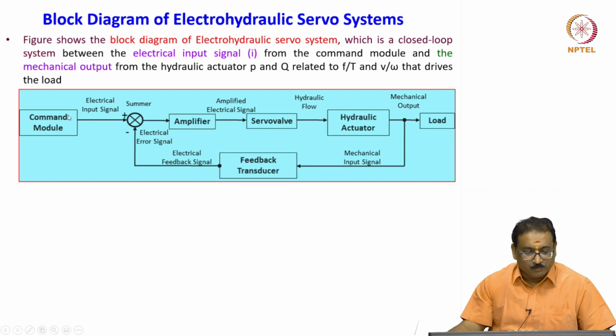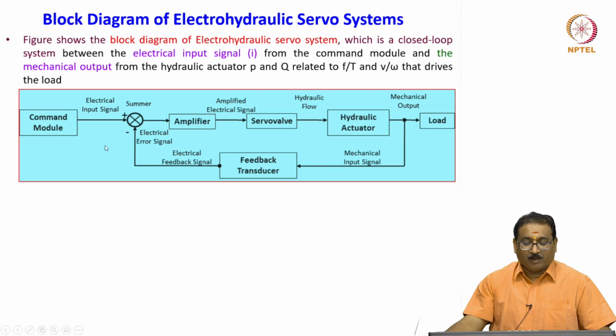Now, we will see here, friends, the command module is there, and the summer is there, which will generate the error signal from the desired input and the mechanical feedback received through the feedback transducer. Here you will see the electrical input signal is amplified to drive the servo valve. Servo valve here generally means a torque motor. When the spool valve moves, hydraulic flow goes to the actuator side, then the actuator moves, then you will capture the